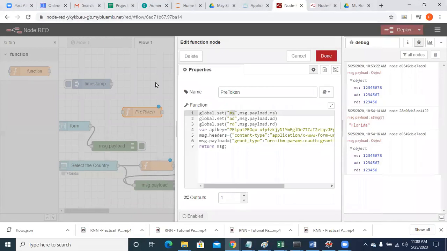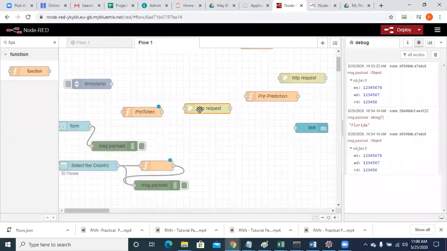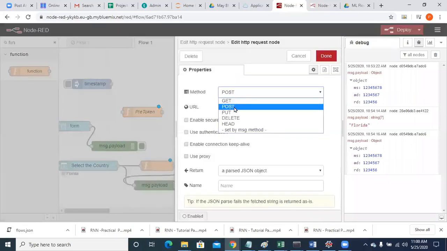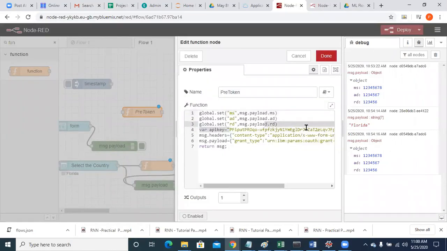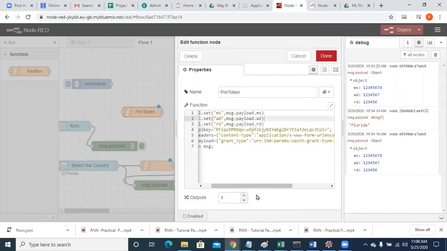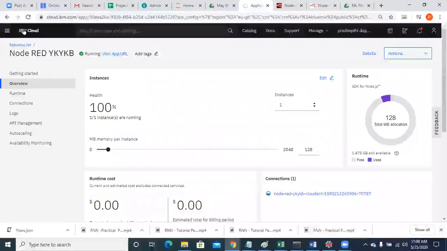Now, in order to get the OTP or access token, you have to post request the URL with the help of the machine learning API key. This API key will be there in your machine learning service. So how can you get that machine learning service API key?